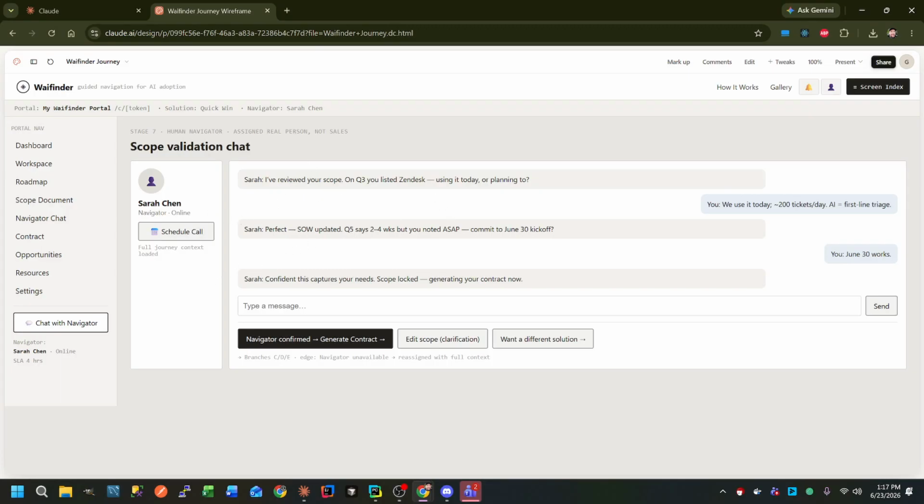And then Sarah Chin, here's the FDE Navigator as an example. We could schedule a call with her. This is from the user's perspective, right? Not the client looking at this. So now this is looking at this. There's actually a human in the loop. You have a conversation, and then once the questions are answered here and things look good, Sarah says generate the contract now, and then we can say cool, Navigator confirmed,